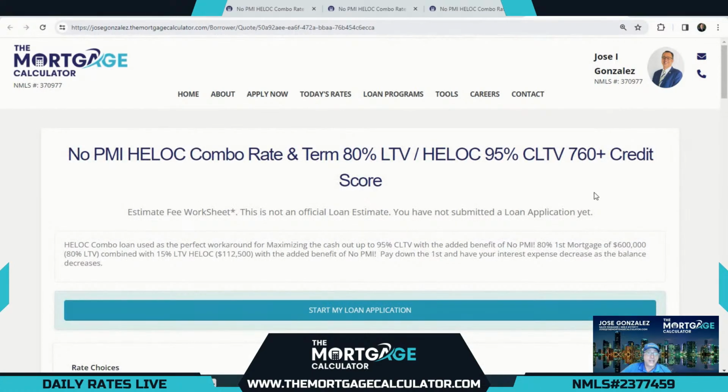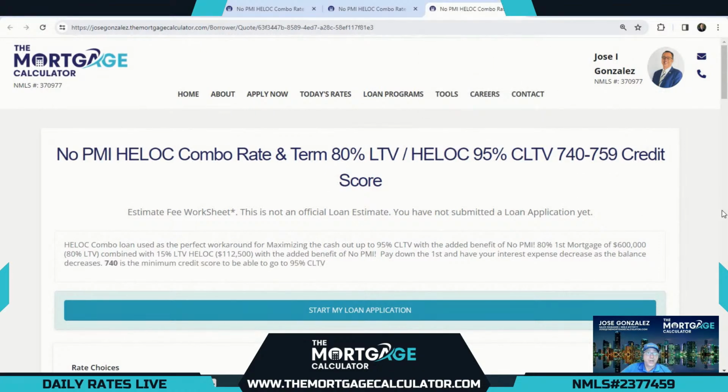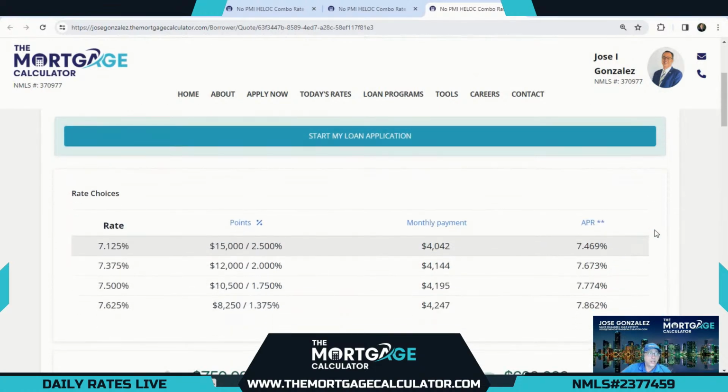So again, 760 plus credit and 95% CLTV. Our next option is at the minimum credit score to be able to go to 95% CLTV, so we have our 740 to 759 credit. Costs do go up a little bit. Here we have 7.625 at a cost of 1.375, and you can buy that down all the way to